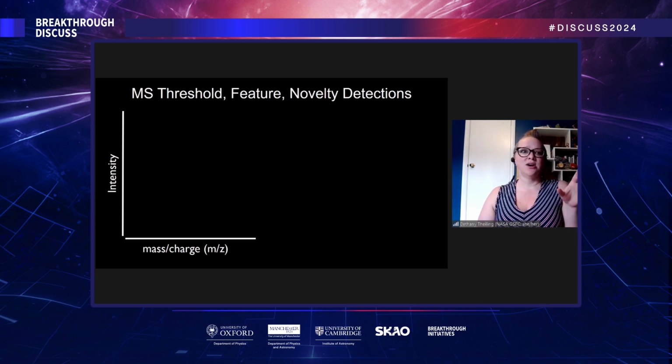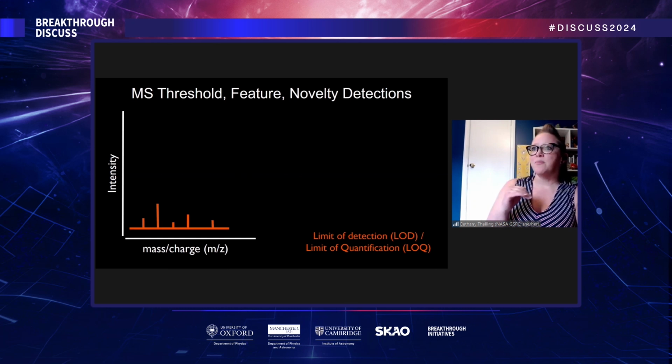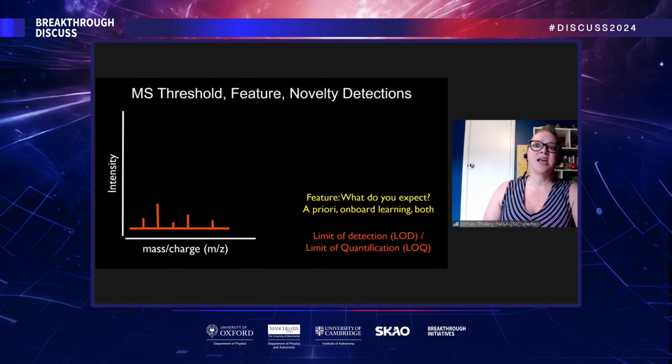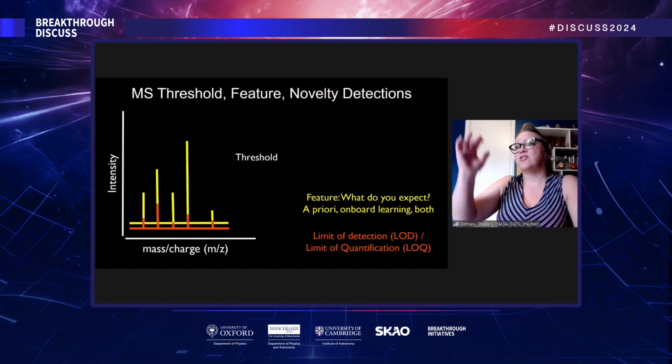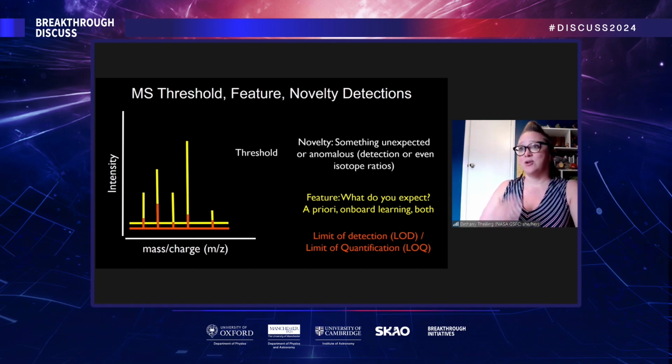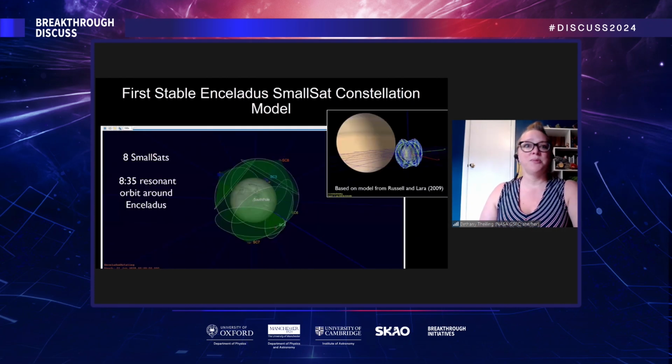So just to show you that kind of spectra again, this is a really simple version of it. One of the things that would be super simple to implement, where you don't need a machine learning model, would be things like the limit of detection or limit of quantification. Could you actually say, all right, this is where I know that my instrument is actually making a detection and not just noise? Now you have a feature, so maybe it's something interesting, or you could even set your threshold upwards for a novelty or an anomaly, as we heard earlier. Or is it something I've never ever seen before? So it could be that too.